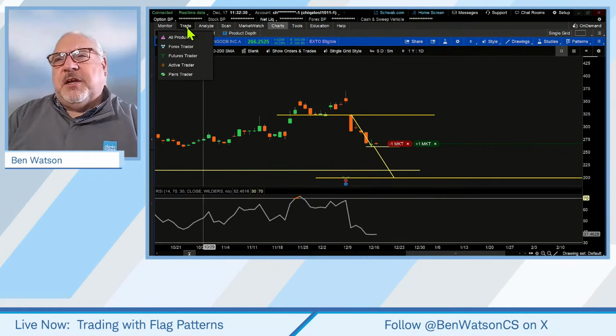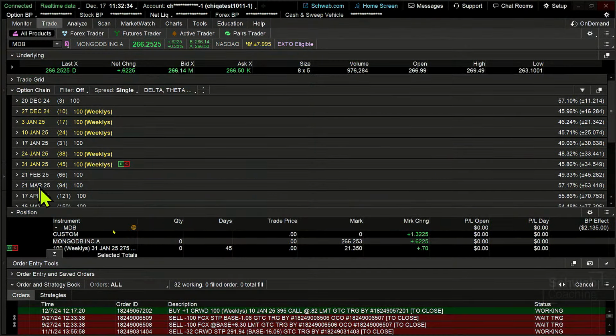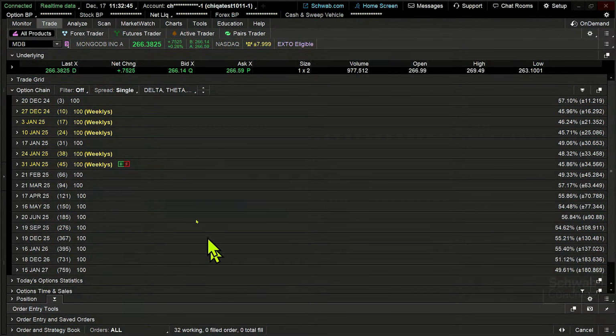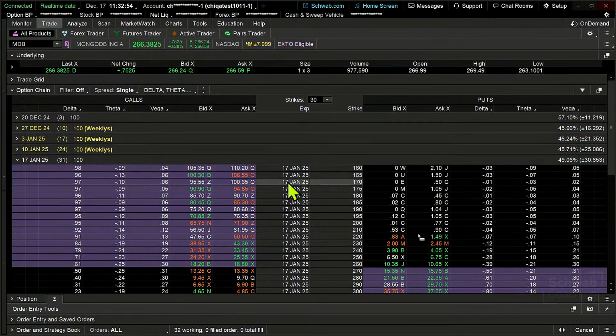So what I'm going to do is come down here to the trade tab, and we're going to build this as a long put vertical spread. Okay. And we're going to see what this looks like. I'm going to go a little bit shorter term on this one because I'm kind of looking for liquidity here. So I'm going to go to the 17 Jan expiration, and I'm seeing some pretty good, tighter bid-ask spreads in this particular case.